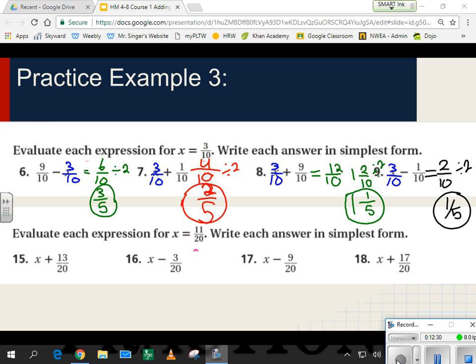Who did 8? Adriana? Adriana did 8, so she got 12/10. You had to turn that from an improper fraction to a mixed number, which would be our proper fraction. Divide 2 and 10 by 2, and you get 1/5 with the 1 whole still there. And then Rowan did the last one. You should have heard her explain it to all of us. It was very interesting. 3 minus 1 is 2, and 2/10, and she divided them both by 2 since they're both even. So if you got them right,